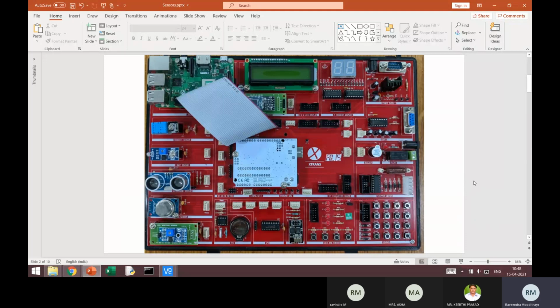I will take a slightly different approach. It is not very sensible to just learn how to read the data from each sensor and not know what to do next.